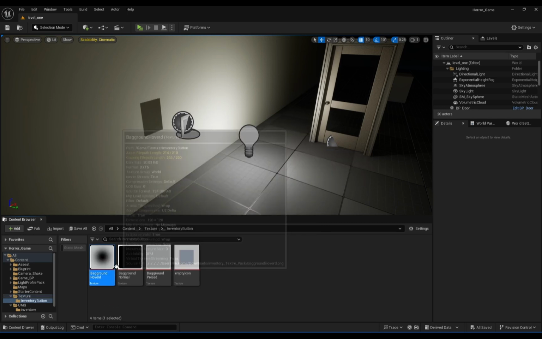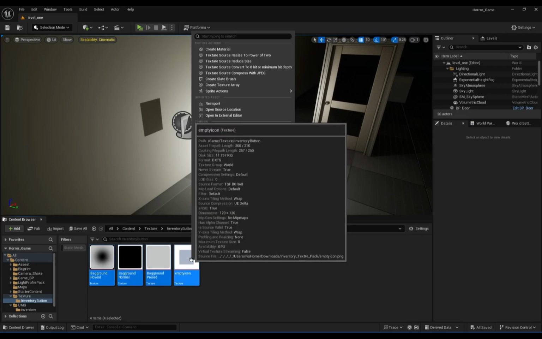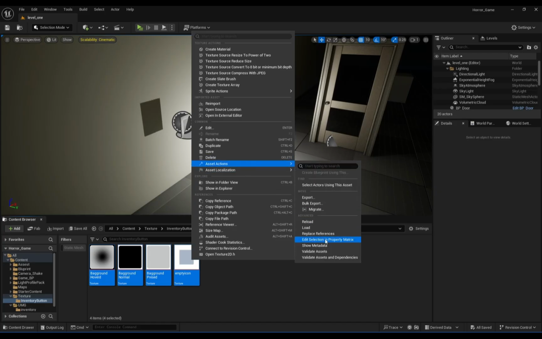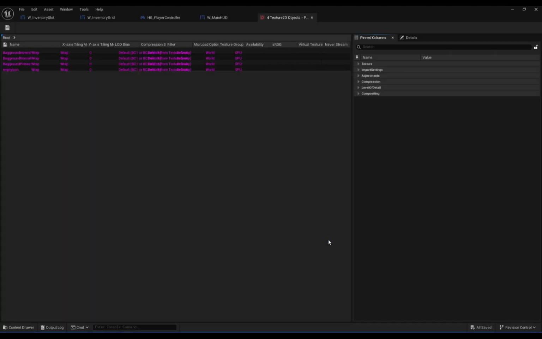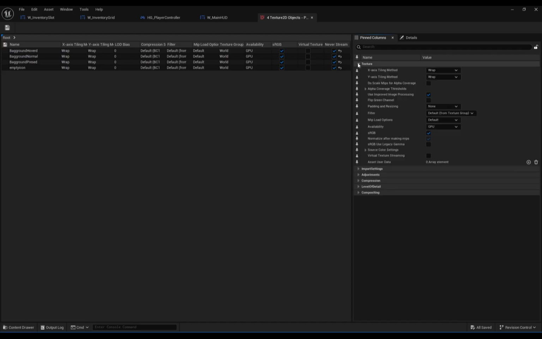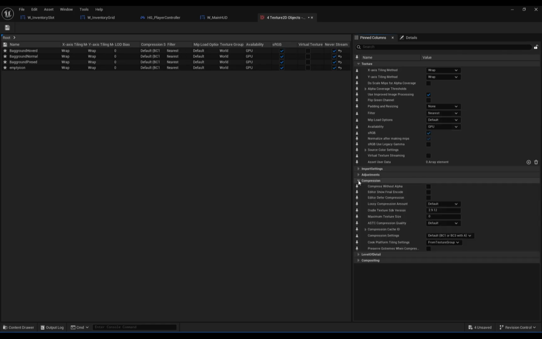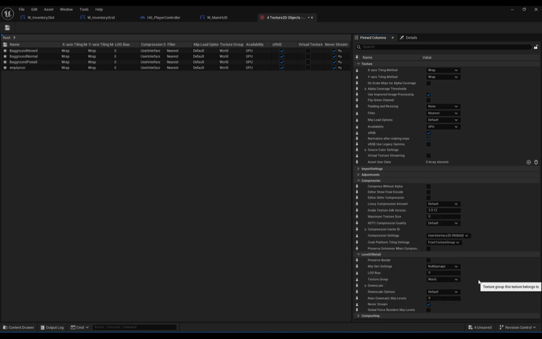and open it, and I select all the textures, and right click and go to the asset section and select edit selection in property matrix, and expand textures and change this filter from default to nearest, and expand this compression setting, change compression setting to user interface 2D, this one, and expand level of details, and change texture group to UI, and save this file, and I close this